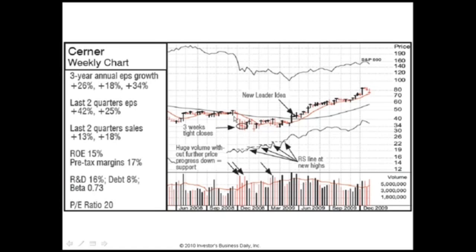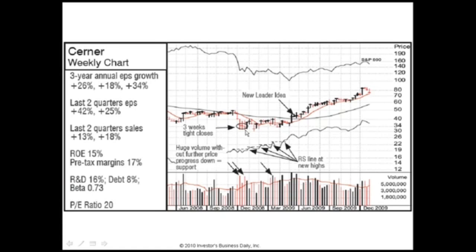Each of the first 3 weeks the volume picks up, and the third week is huge. And it closes up off its low, whereas the first 2 weeks were closed pretty much to their low. Now, if this one closes 40% or more off its low, we say that's major support. So the stock was supported that week, and the following week it closed the same, and the next week it was off a little bit, not much, and the volume was up a lot, but it didn't go down very much. So you had 3 weeks of institutional buying.